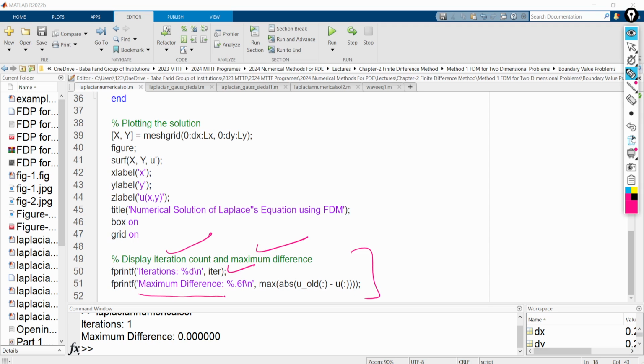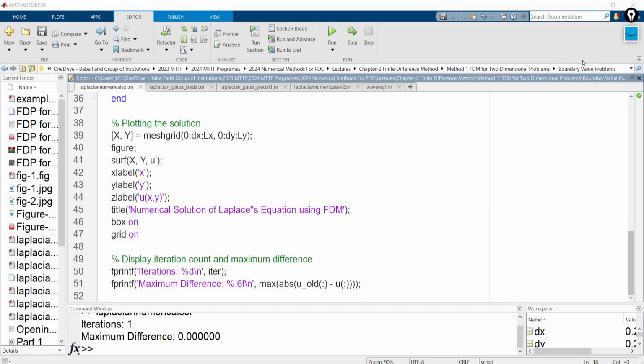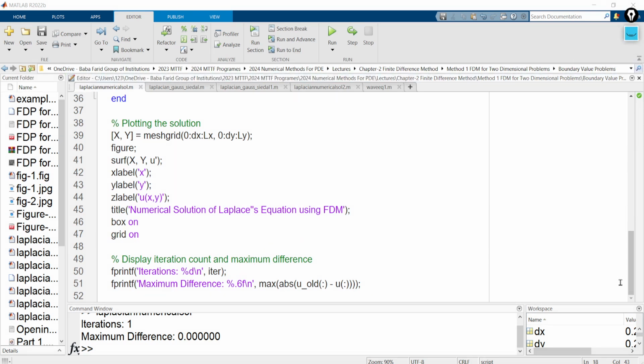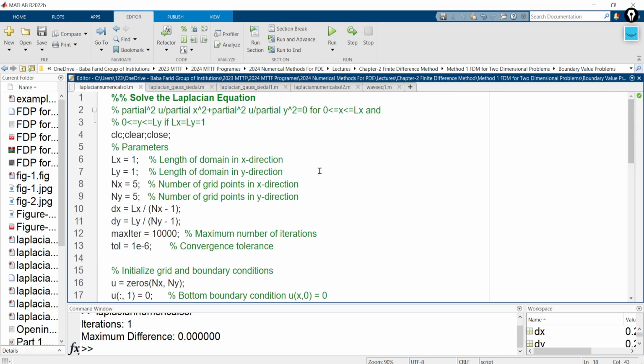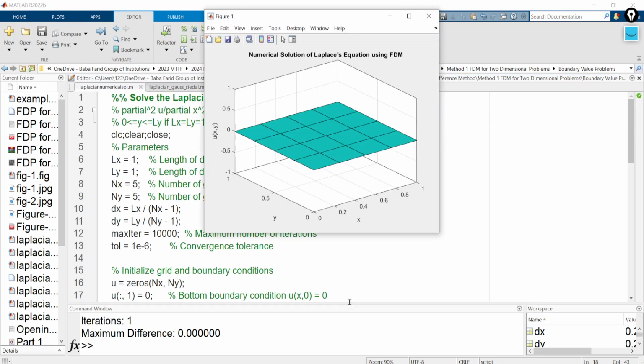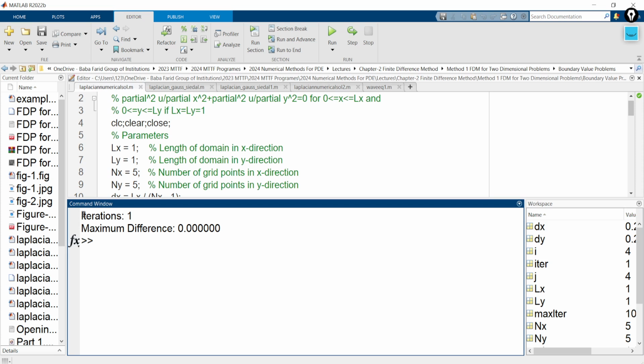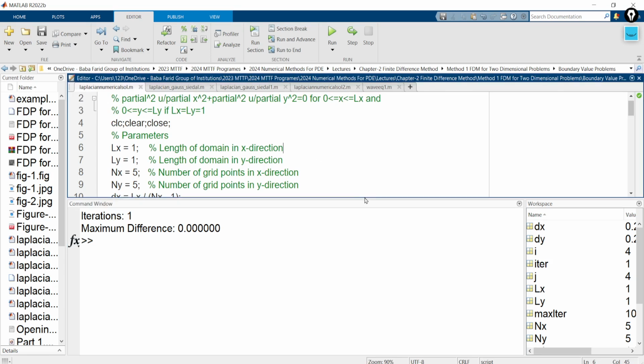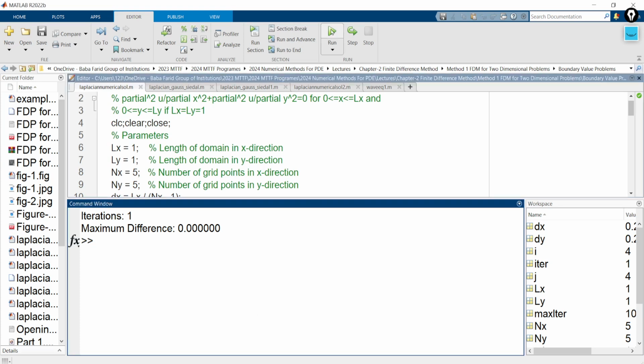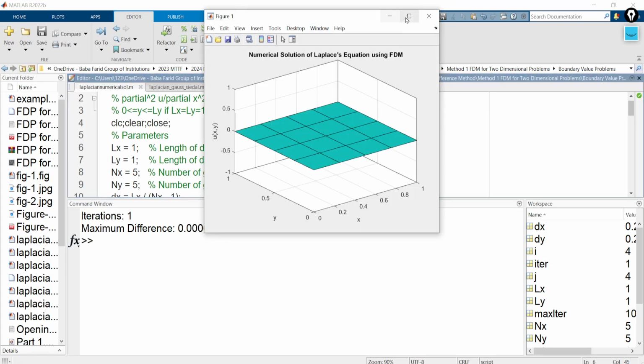Now we can easily execute the whole sequence of statements, and when we execute this sequence of statements, our program is ready. We just need to press at this place, and when you press, you can see that the number of iterations for these values is 1, and the maximum difference between two consecutive values is 0. Okay, and now also in the graph you can see, execute this sequence of statements again, and you can